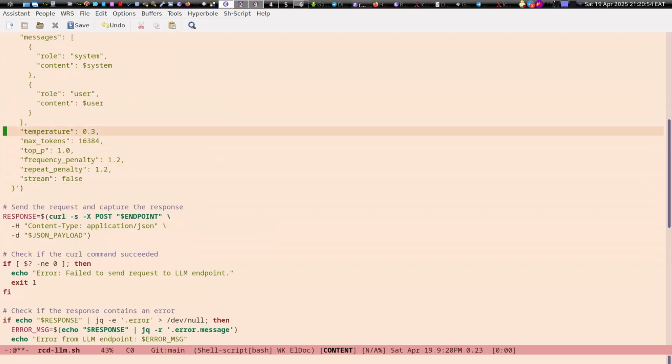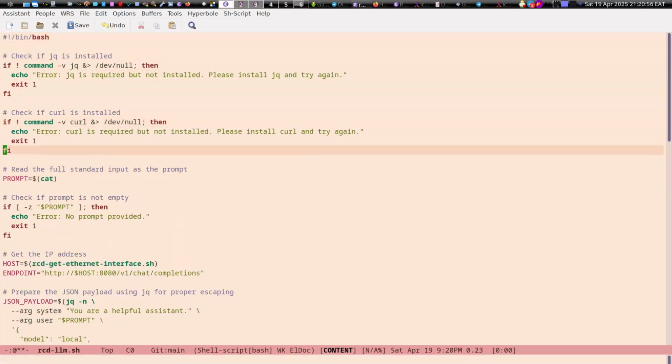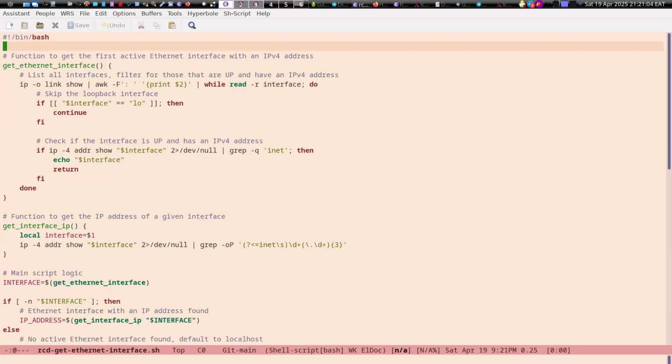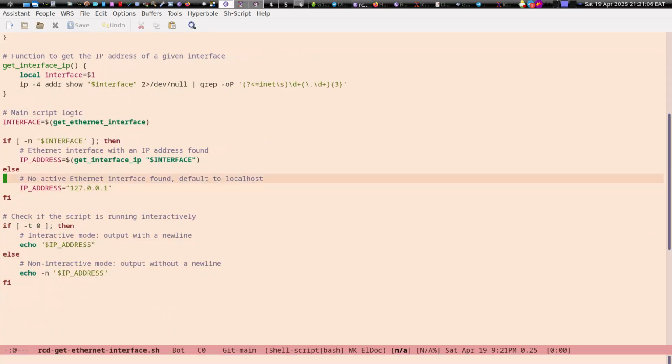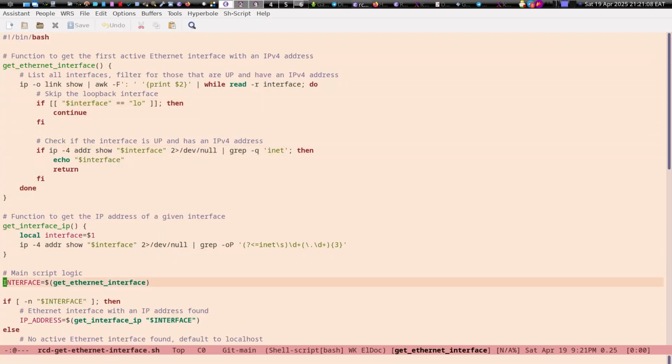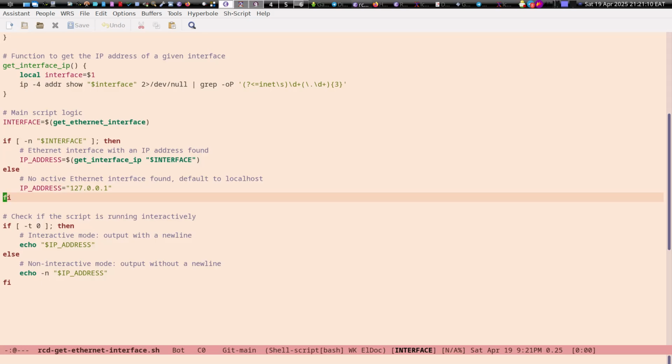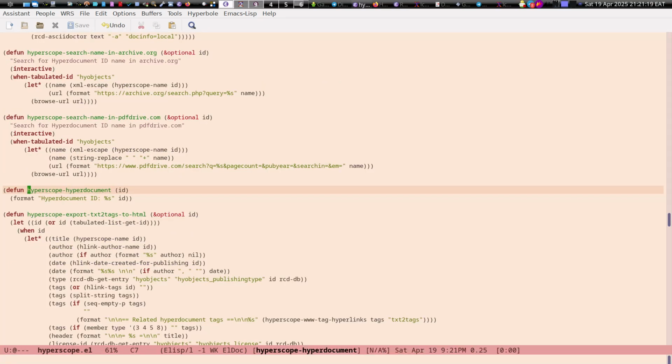This one is simply fetching. I use a local model here, and this script is getting the local IP address, and if there is none, if I don't have Ethernet or a local area network, it's going to use this localhost address,